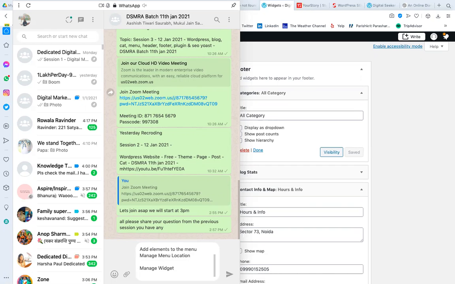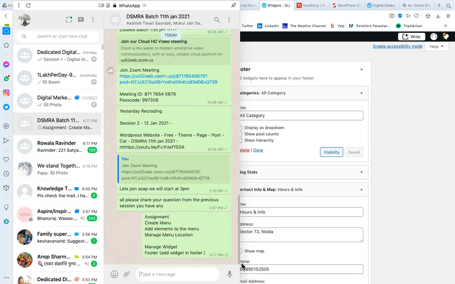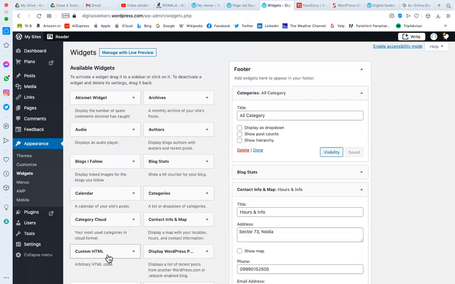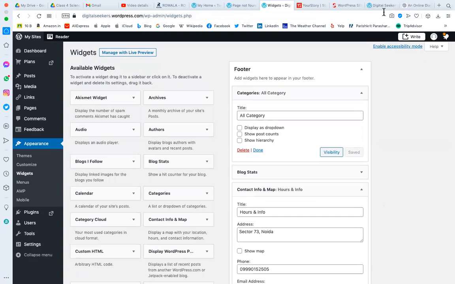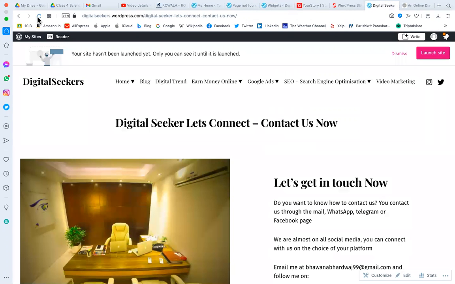In this theme, there is one place to manage widgets, the footer, but in your theme there can be more places to manage your widgets. So add widgets in the footer. I would suggest going to the widgets and experimenting with all the widgets, and try to add them. Once you have tried to add them, you can save it and go to your website and see that.